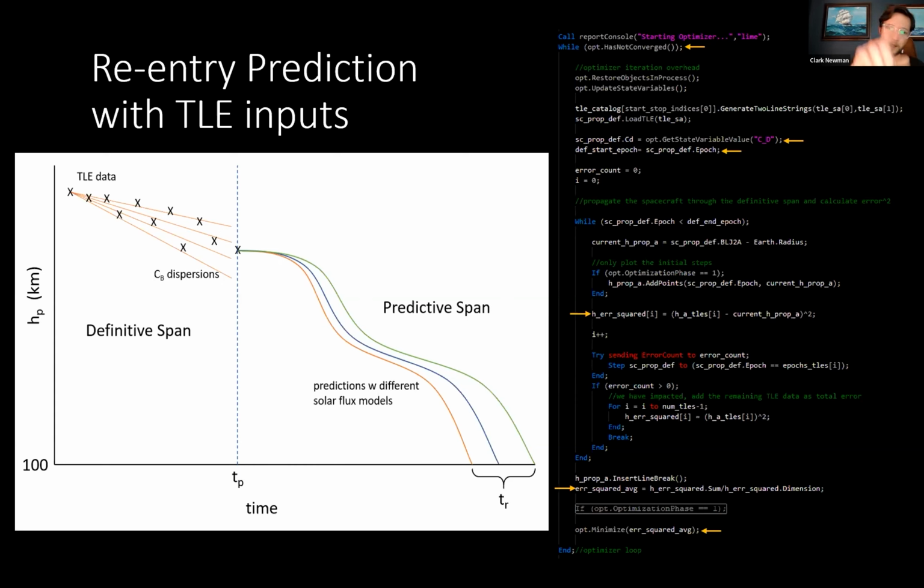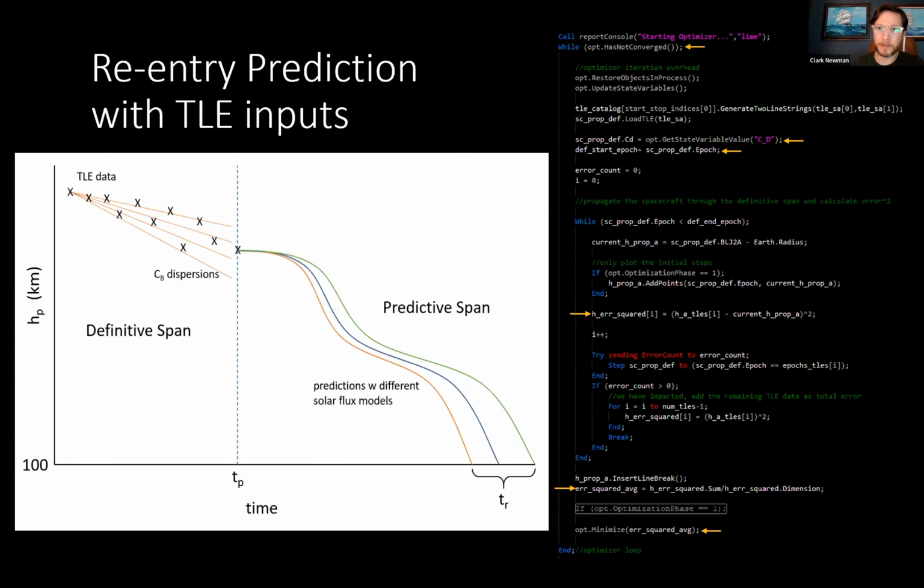So you can see in the bottom right here, we have what looks like an early, middle, and late estimate based on the drag coefficient or ballistic coefficient that we have estimated, pushed forward in time until reentry. And then we have our span of reentry epochs that we could expect based on the data we see. Looking on the right half of this slide, we'll see